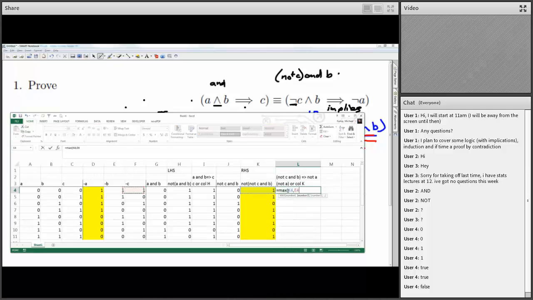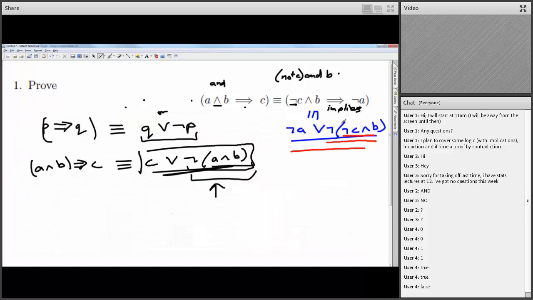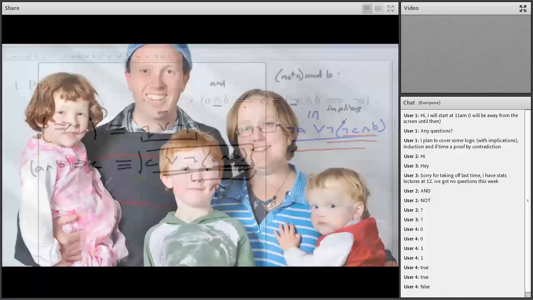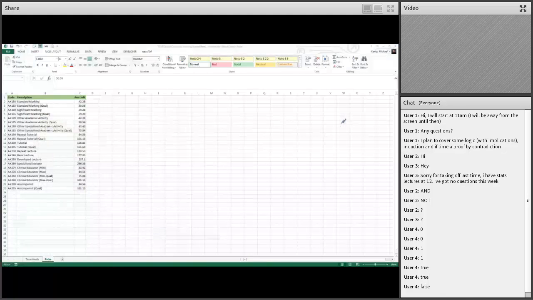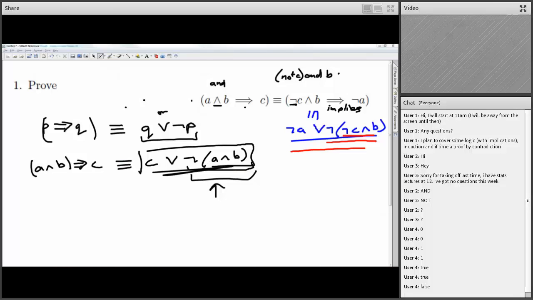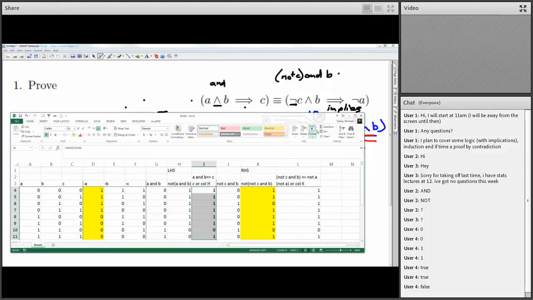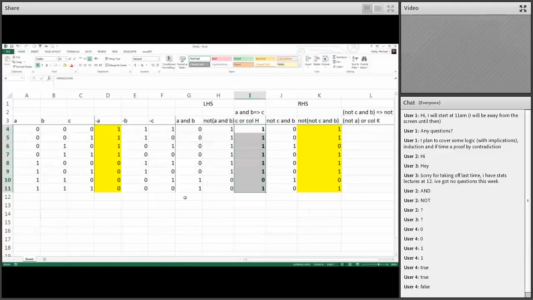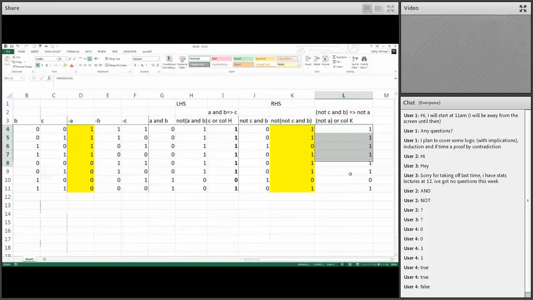And I'm just going to get Excel to do it for me quickly. So what we have is this here. That's the truth table. Where'd it go again? Okay. So what we have here is we now have the truth table